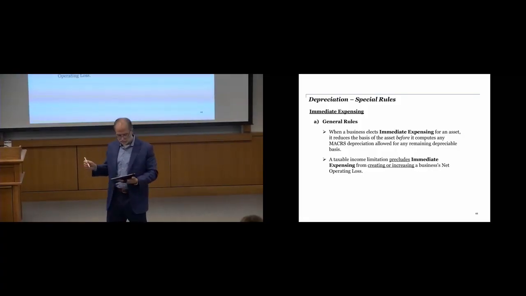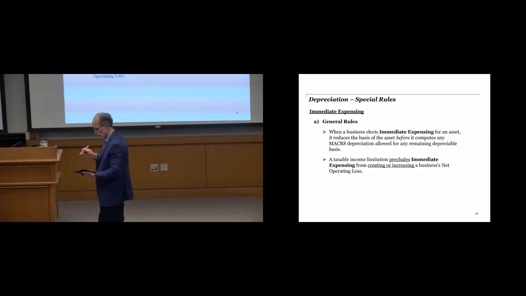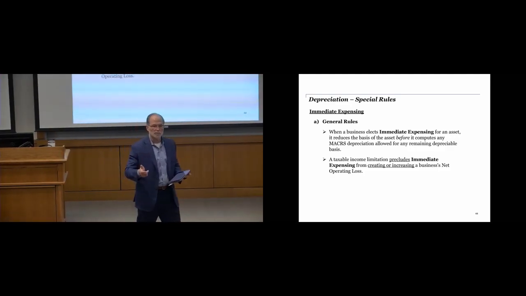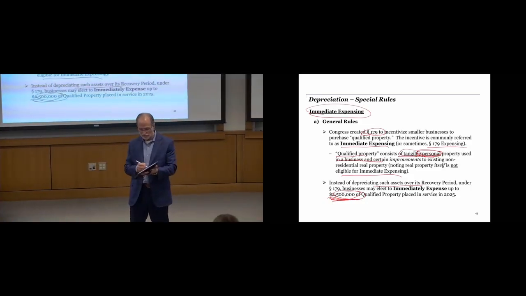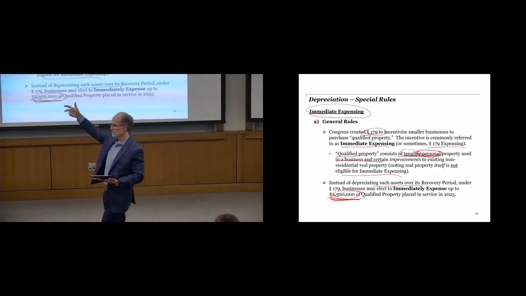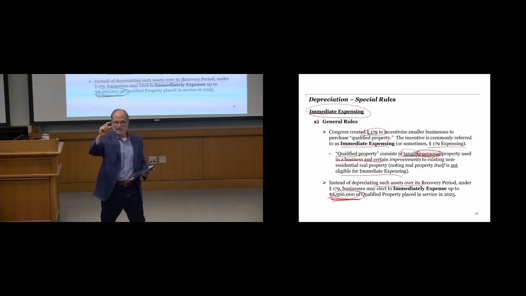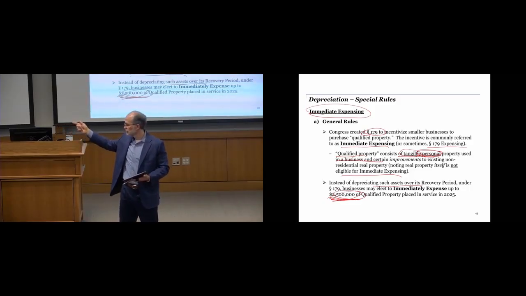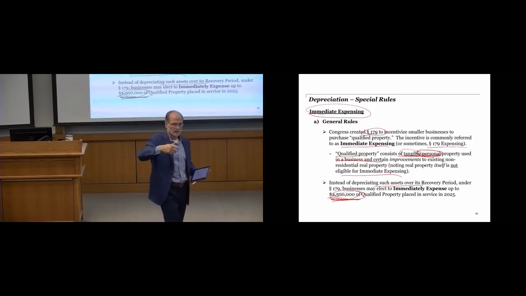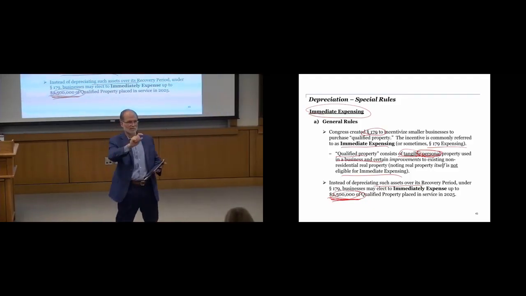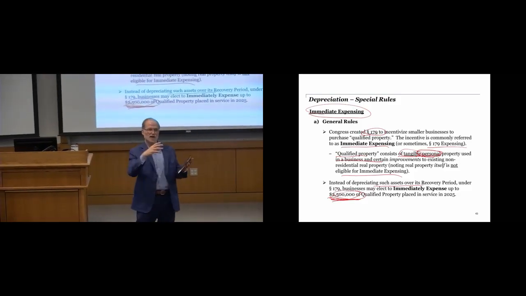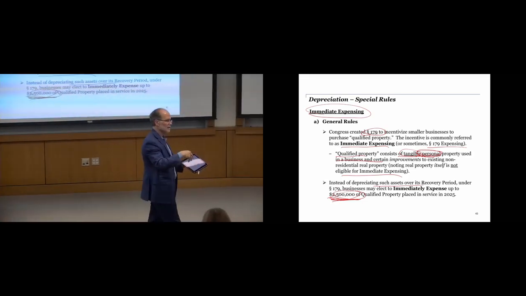When a business elects immediate expensing for an asset, it reduces the basis of the asset before it computes any MACRS depreciation allowed for any remaining depreciable basis. So I can only do 2.5 million. If my asset is more than the 2.5, then I have excess basis that then goes through the MACRS table or bonus depreciation. Right? That's that horizontal methodology where you do immediate expensing, bonus depreciation. So I can do excess of that, but the portion I can immediately deduct is limited to 2.5 million in